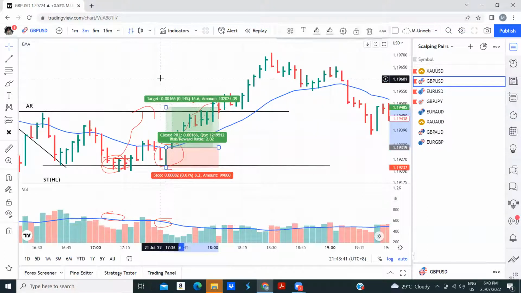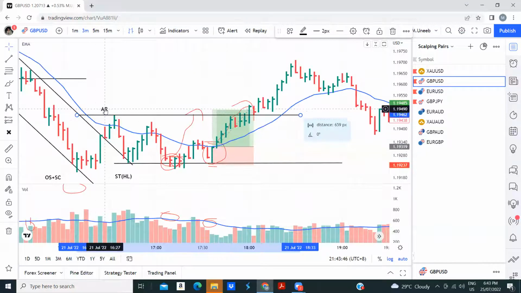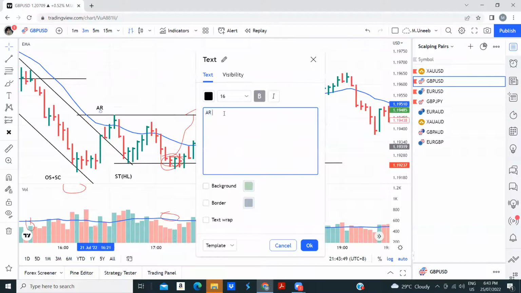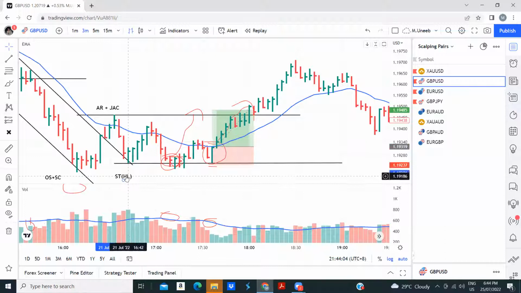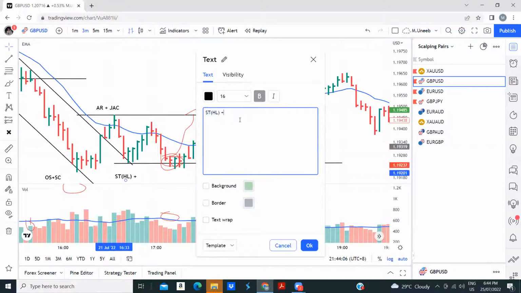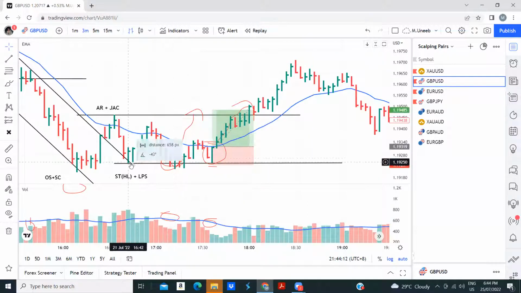The AR is also considered JAC, right? Yeah, this one. Yeah, this AR is also JAC, of course. So if that's the case, ST would be our LPS. If this is JAC, so now our secondary test is LPS. Yes, correct. So we have both characteristics. But we shouldn't be trading on LPS, I mean, we shouldn't enter on LPS, right? We wait for the test, right? You mean this one here?